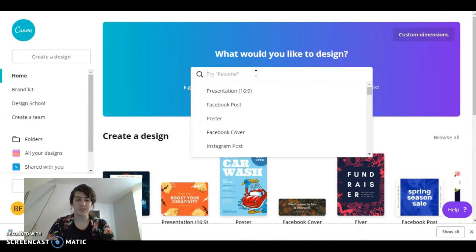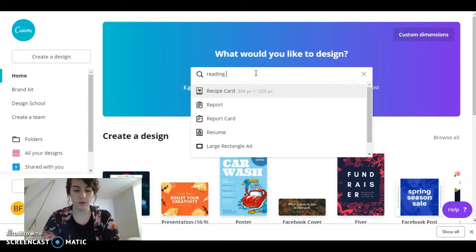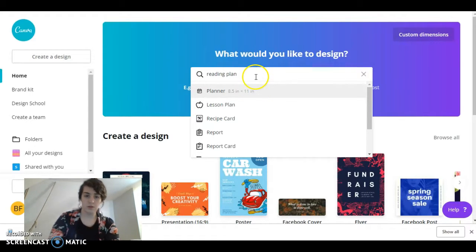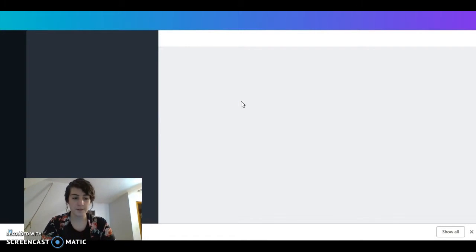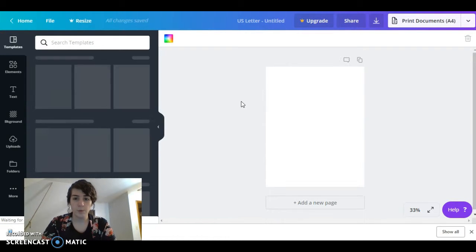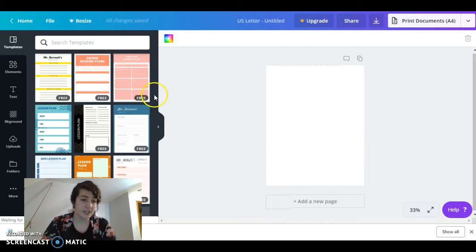So I'm just going to type in here that I want to design a, let's go with a reading plan. Oh, let's go lesson plan. I'm loving it. Okay, so you can see here on the left that there are so many options